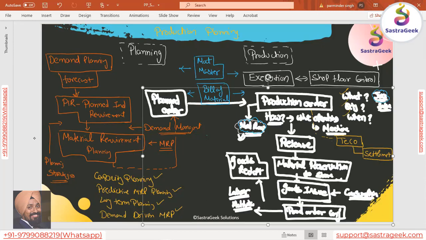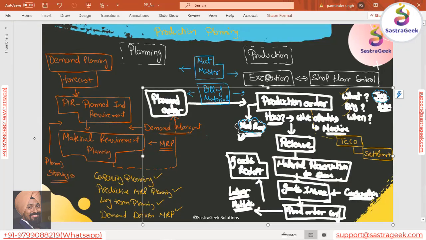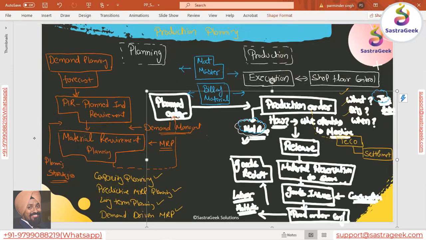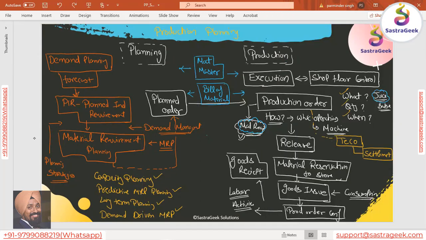Then your machines. Which machines are required? Machines you created as a work center. Work center would be used for the execution and for the planning also.